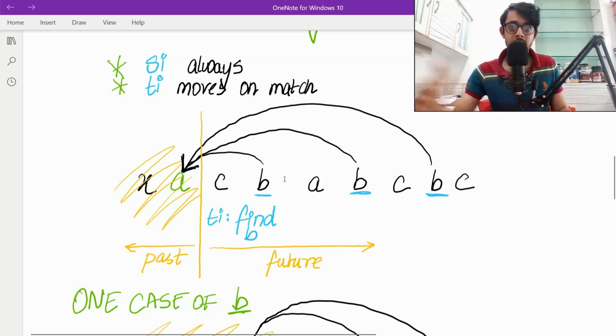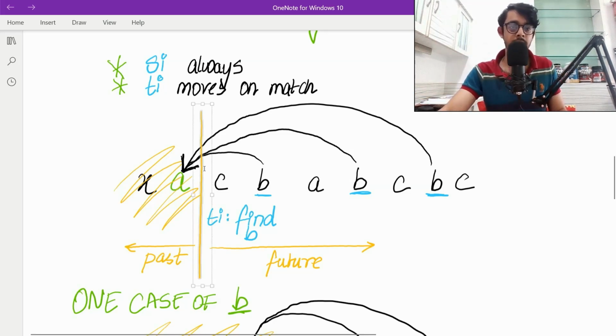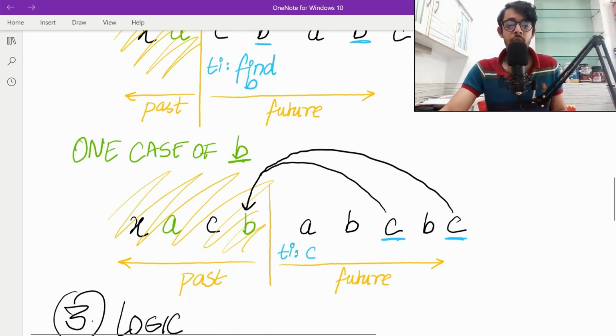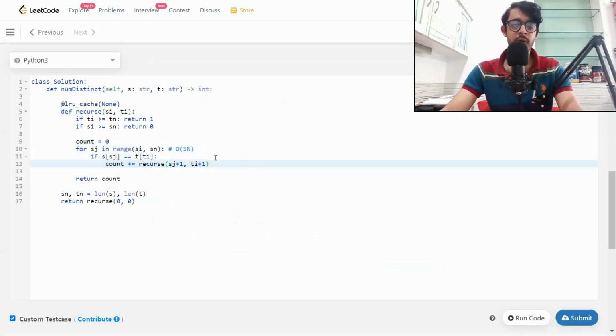I'm just reducing the entire for loop into a binary operation. I'm saying that at this particular point of time, I can say that either I find a B or I don't. Either I try to find this next possible B, I consider this B, or I'll just skip over it. I don't always have to look for the next value. I think this should make it more clear once we look at the code part, which is very, very simple.